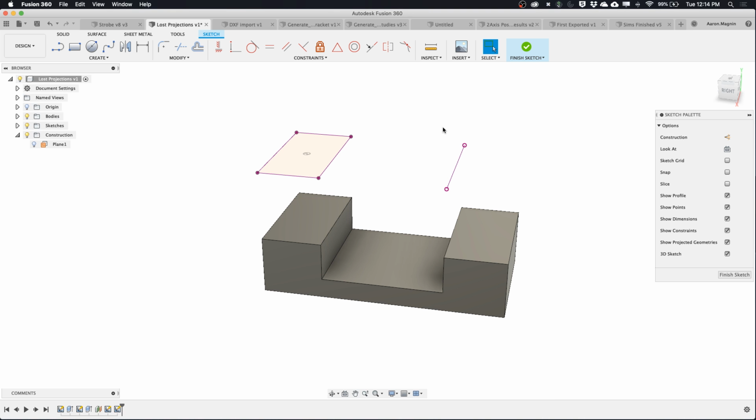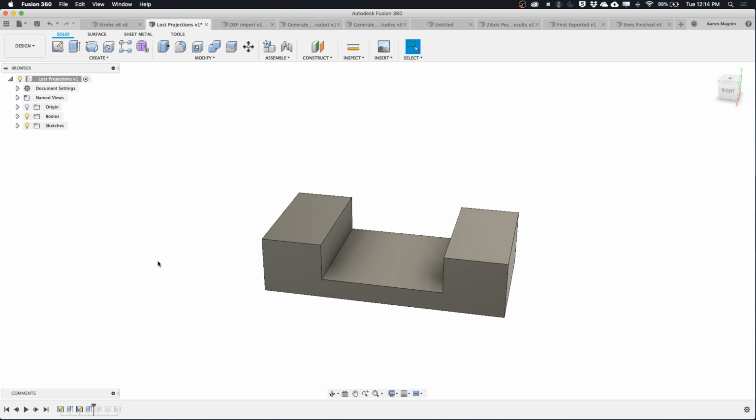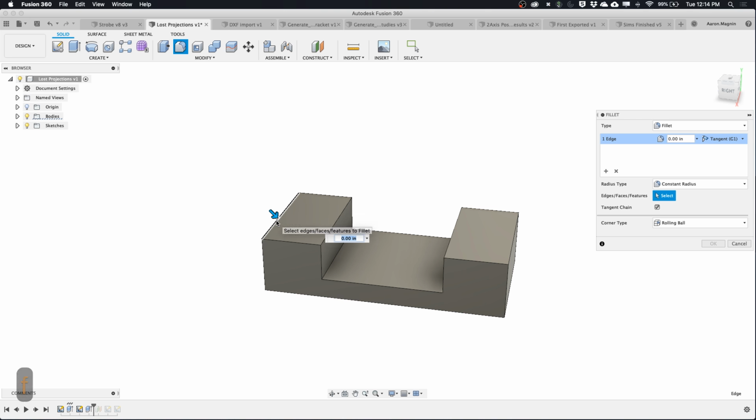So all's good and well, all's great right now. But if I were to go back in time and maybe I actually wanted to add a fillet here, and again I'm using F on my keyboard to access my fillet tool very quickly. If I start to preview it, you'll see it's starting to show me this, and again, this is just one of these things that is kind of tough to discover, but is very important to know that if you start to preview your fillet, as I've done by clicking and dragging the arrow there, if I want to add additional entities, I need to hit Command or Control depending on your OS, and so I'll add that third fillet to the other edge there that I had projected. Once I click